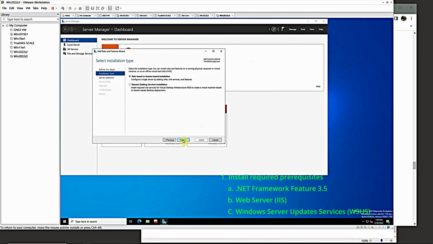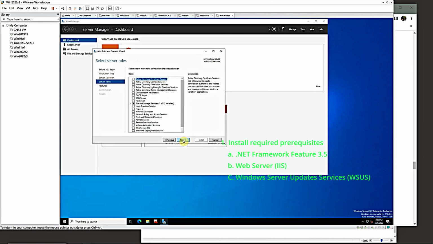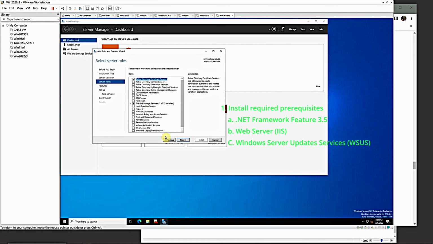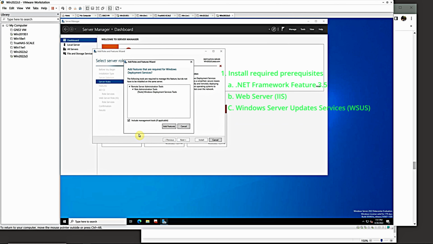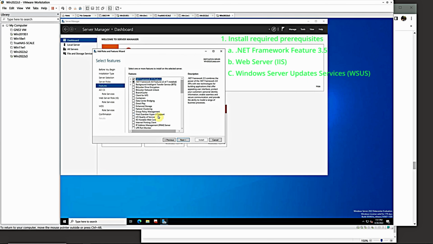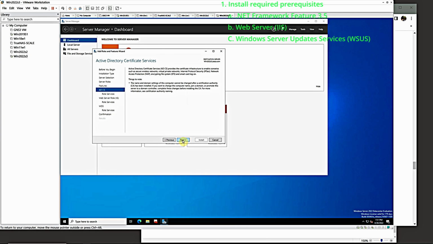In this video, I will show you the step-by-step installation and configuration of Microsoft Endpoint Configuration Manager in a Windows Server 2022 and Microsoft SQL Server 2019 environment. I will also show you the step-by-step installations and corrective actions taken on failed prerequisites.